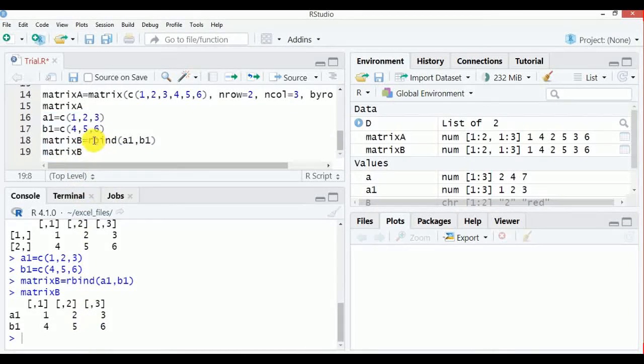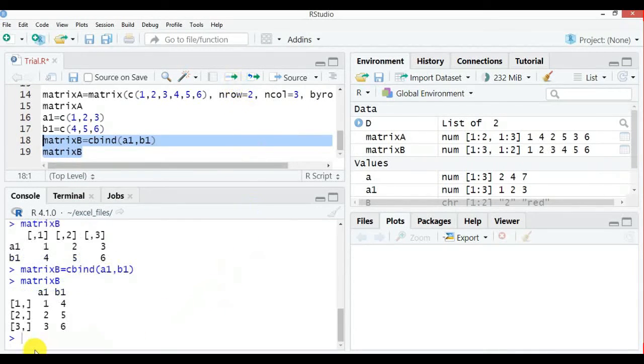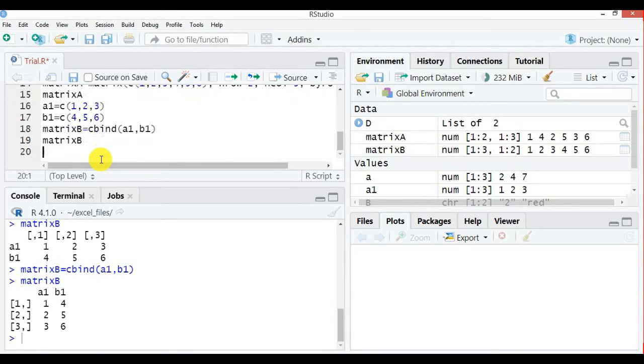Now in case you don't want them as rows, you wanted them as columns, you just make it cbind and then run these codes again. So see, now it has put them as columns. So this is another way of creating a matrix. But remember, a matrix can hold values of the same type. Same way you can save characters, you just have to remember to put double quotes while entering any characters. Now second is data frame.